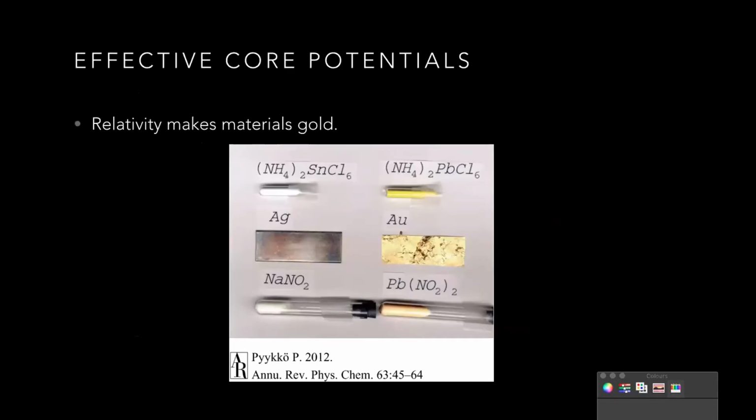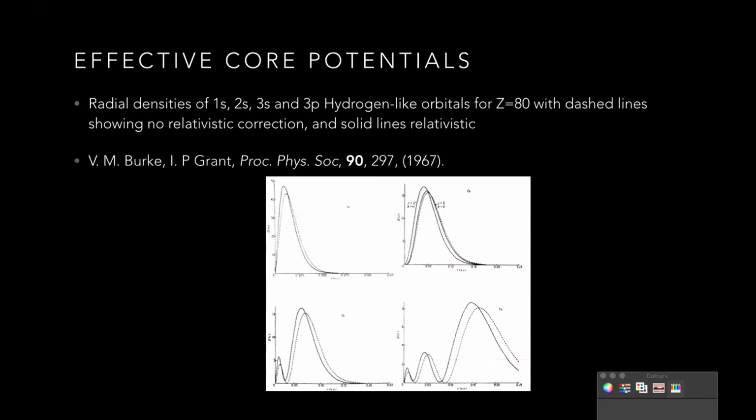Well, relativity makes things gold. So there's the difference between silver metal and gold metal in the color. Also in this ammonium tin chloride versus the lead molecule instead, and again, you get this nice gold color. Again, a difference between sodium NO2 and lead NO2, and again, you get this nice gold color. But it also affects